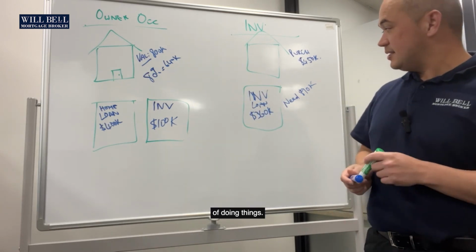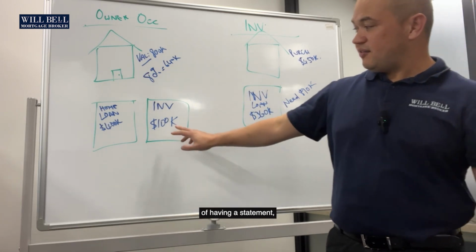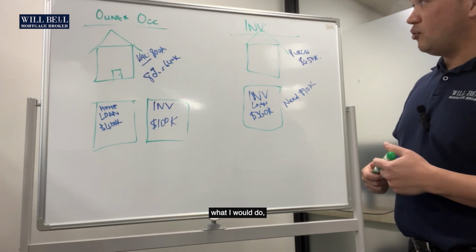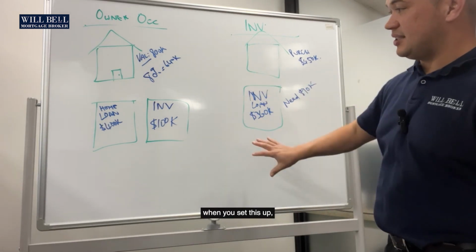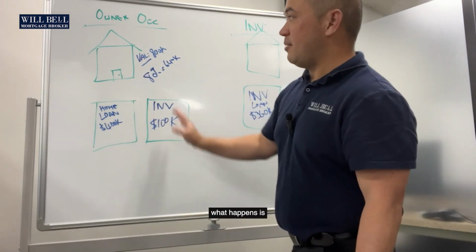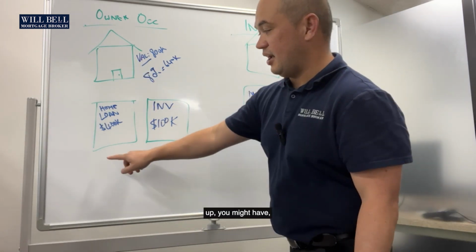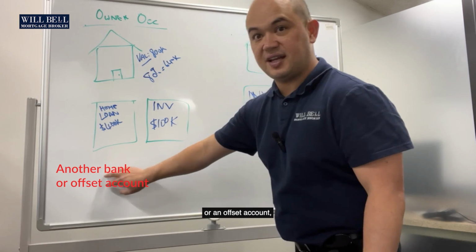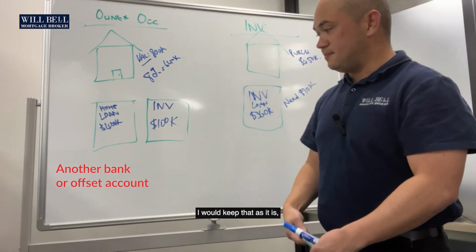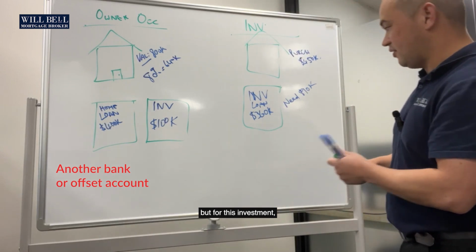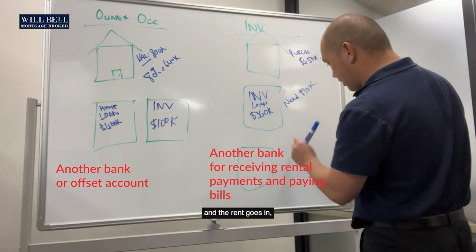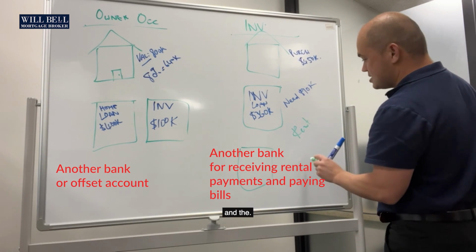So putting it simply, you have more control than the bank in this situation, and that's actually the preferred way of doing things. The only other thing I'll add there in terms of having a statement that you can give your accountant, what I would do is generally when you set this up, I would create a second everyday bank account. Generally what happens with this setup is you might have another bank account or an offset account against this property, which you're using as your everyday account where your wages get paid. I would keep that as it is, but for this investment, have another bank account, and the rent goes in,